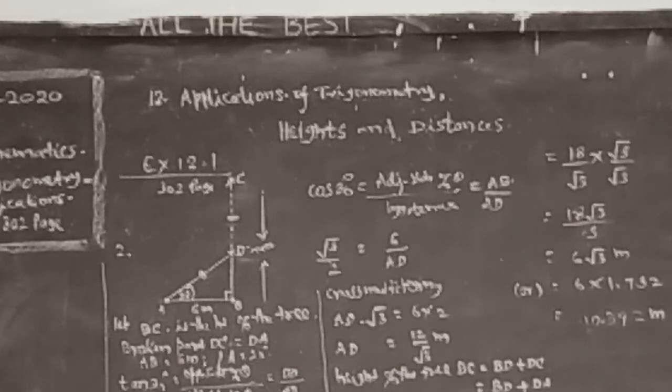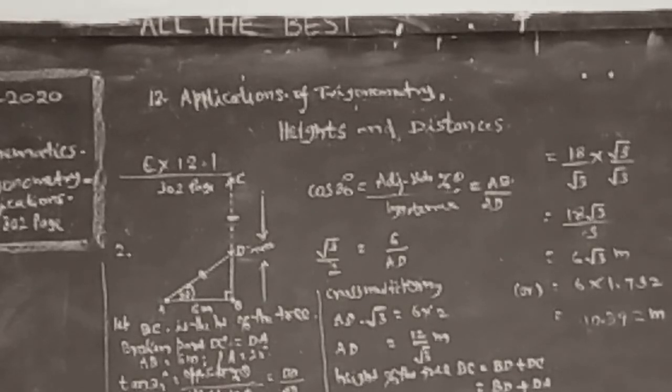Given is the height of the slide, but in the trigonometrical figure, it is the opposite side of the angle, and we have to find the length of the slide. That is nothing but the hypotenuse in the right angle triangle. Given is the opposite side, we have to find the hypotenuse. The trigonometrical ratio having the relation between these two sides is sin theta. Sin theta is the opposite side of the angle by hypotenuse.